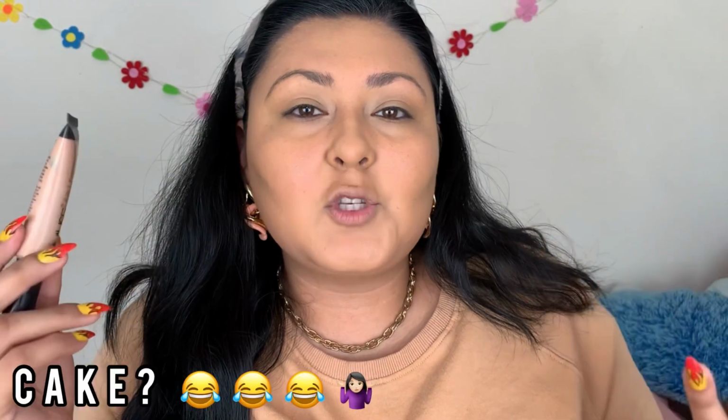So for concealer, I like something with a little bit of kick to it, but also something lightweight, especially for work. I just don't want something that's super dry underneath my under eyes. So I usually go for the Amuse 2-in-1 foundation and concealer, and I use mine in the shade Sand. This is such a good product, and especially for work days, I really like it. So just go under my eyes